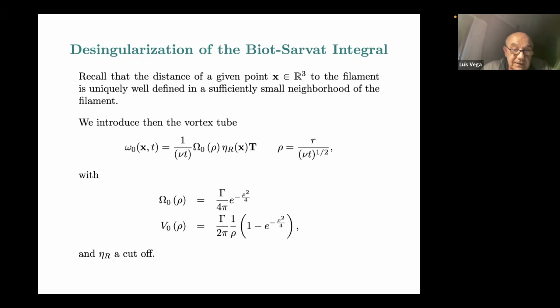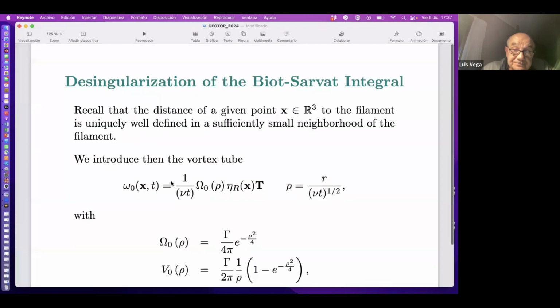First, I'm rewriting what you see in the previous theorem. The leading order was just what we call the Lamb-Oseen vortex, which is written here, and now I have the cutoff of the tubular neighborhood where the parameter was this capital R. So this is the direction. Rho, as I have insisted, is nothing but the distance renormalized by the viscous scale, and this is the Gaussian. So this was the leading order. This omega naught was the leading order of the vorticity.